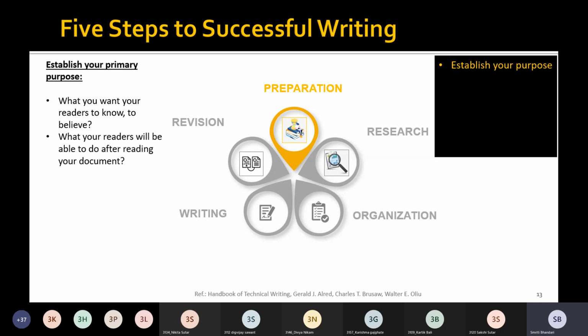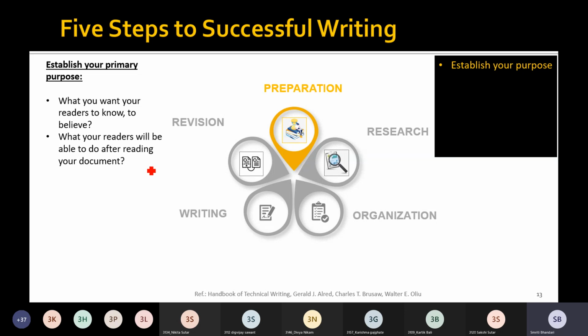Another question is what your readers will be able to do after reading your document. This question will precisely come up with the outcome of your document. Whatever task we are performing, we should have some outcome of that.